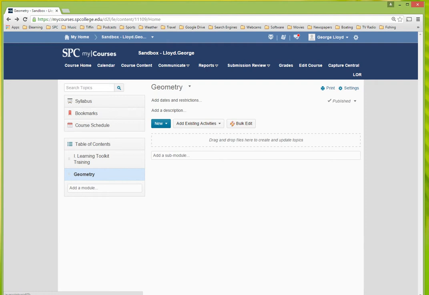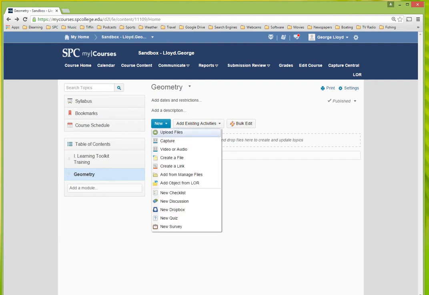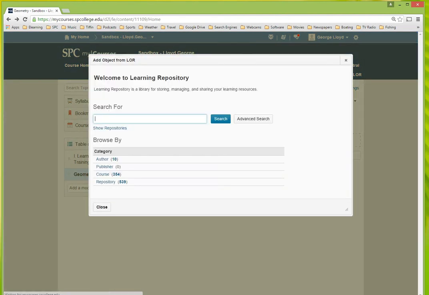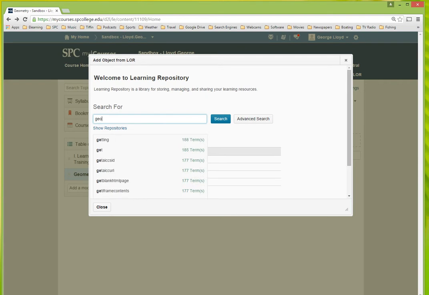So I click on the module within which I want to add the toolkit, click on the New button, navigate to Add Object from the LOR, Learning Object Repository, click, and then I am presented with a search window. In this case, I'm going to search for the Geometry Toolkit,